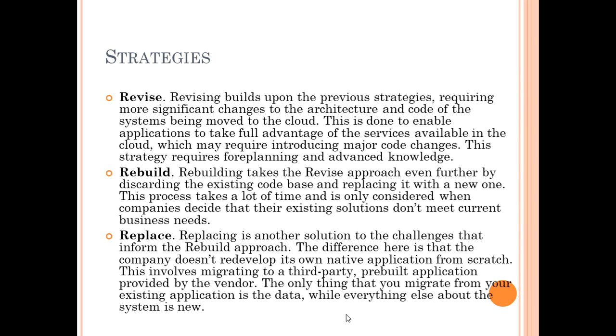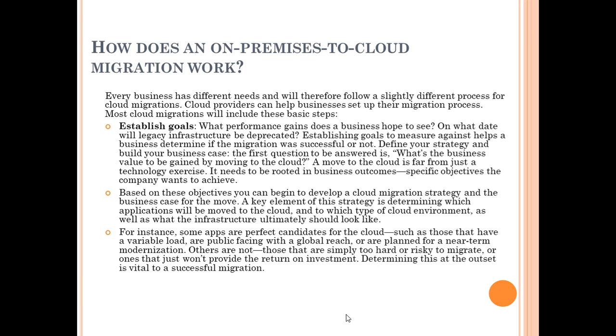The various steps for moving from on premises work to the cloud involve the following. The first one is to establish goals. When it comes to cloud migration, we need to decide upon various factors. We need to decide what are the applications that we are going to move, what strategy is going to be adopted, what security strategy is to be adopted, and what business value will be added if I move on to the cloud,